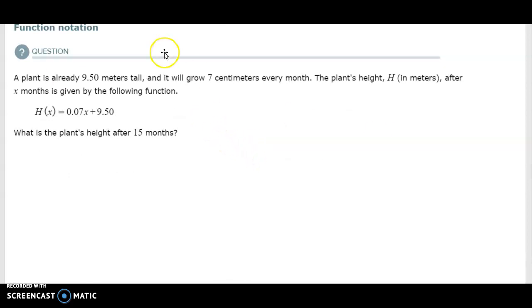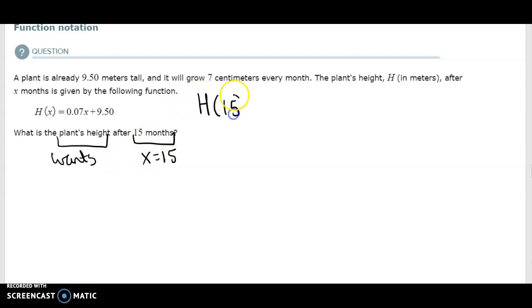So this one, I have a plant that's already 9.5 meters tall. It'll grow 7 centimeters a month. The plant height in meters after x months is given by the following function. What is the plant's height after 15 months? So it gave us the input and it wants the output. So it wants to know the height